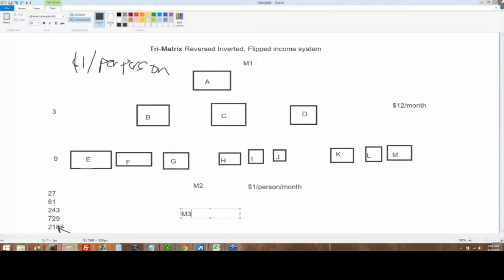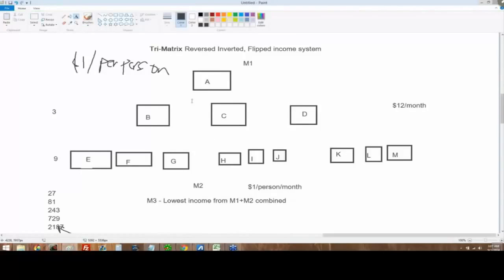Then we create a third matrix at the same time. I understand this is complex and confusing and all that good stuff. Just focus on the end result of all of this gymnastics. What happens is in M3, we look at who the people are so far, the lowest income from M1 plus M2 combined. Who are the people in that order? And then we create a new matrix, the M3, in that ascending order. The lowest income goes first, and then people go down from there.